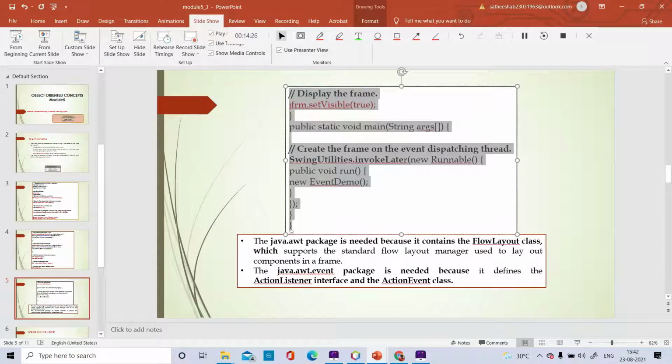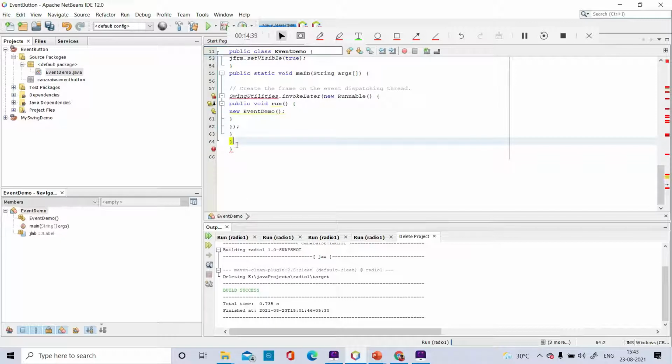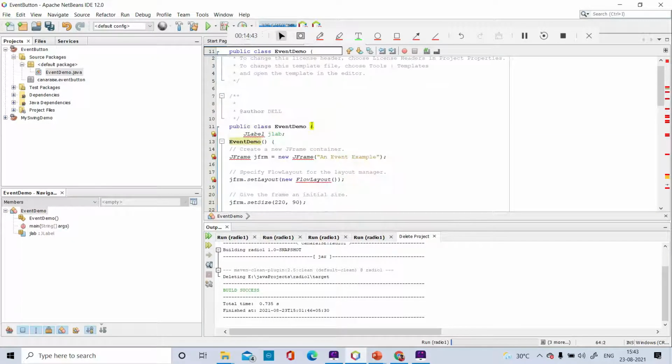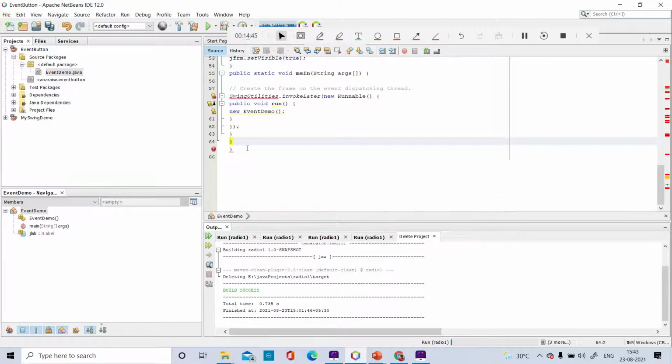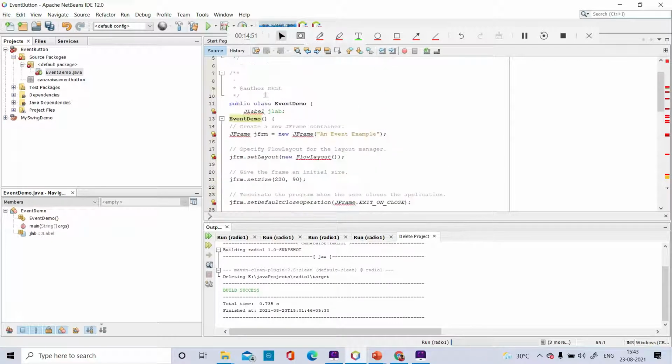This last thing I can ignore, students, because I have already put it inside one class. The last thing is that of the class. If you paste it, then you have to delete this one because it will be excess. You have seen this is yellow, that means what, students? The class is over here. So this is an extra thing, which I have to delete. But I can see here there are a lot of errors. Why that error?